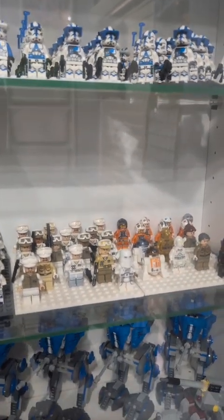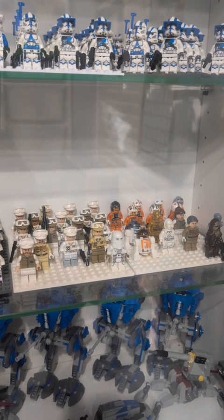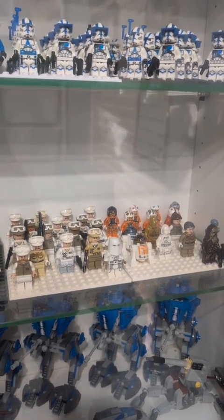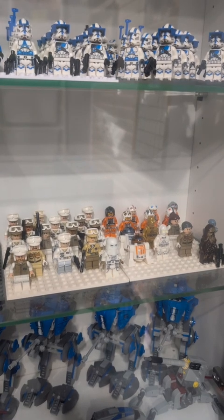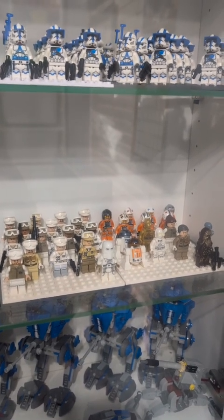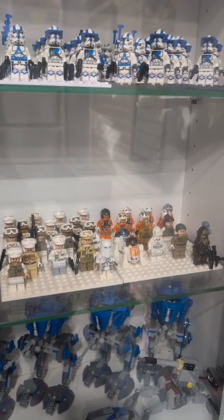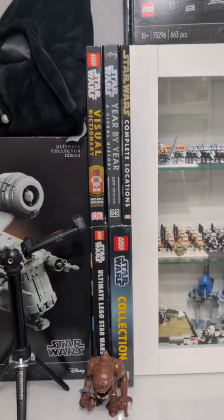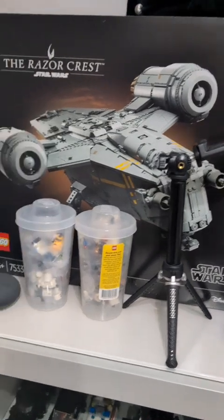So this will be my new frame to match my Imperial Rebel frame. So yeah, I just put them all together, so it reminds me I need to do that, and I can see which ones I'm missing over time and add to them. I've also got some of my books just stacked there because it was a place to put them, my tripod,